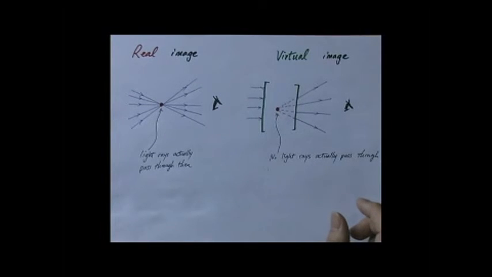The most famous example of a virtual image would be that formed by a plane mirror. When you look at a mirror, you see yourself. That image is definitely virtual because that image is formed behind the mirror, and of course behind the mirror there is no light. It's dark, right? So obviously no light can pass behind the mirror. The image formed is a virtual image. We're going to study both real and virtual images formed by both